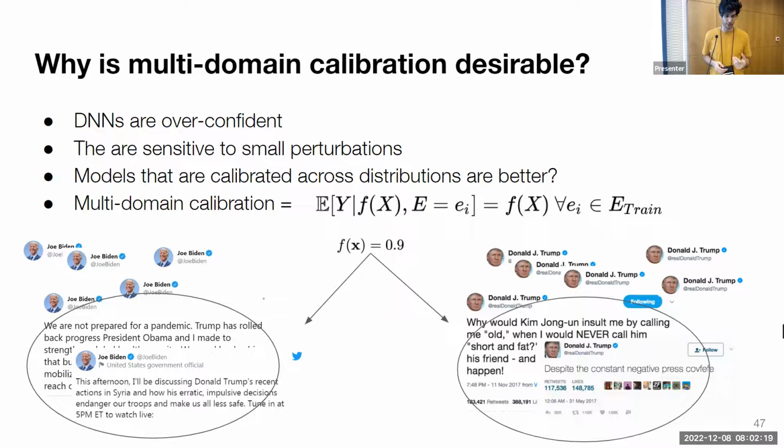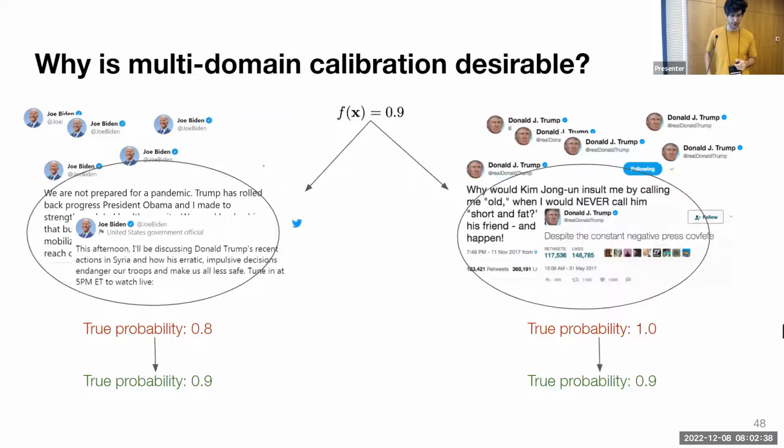However, getting into that place is not that straightforward. So let's think about, again, two examples from our same politicians. We have tweets from a lot of them, and we have a bunch of examples for where the model thinks with 90% chance that this is a positive example, right? If we had a case where for some distributions, or for some environment, the true probability is only 80%, and for some it's 100%, but the model thinks that they're the same, there's a good chance that our model is using specific information from the environment to make those predictions.